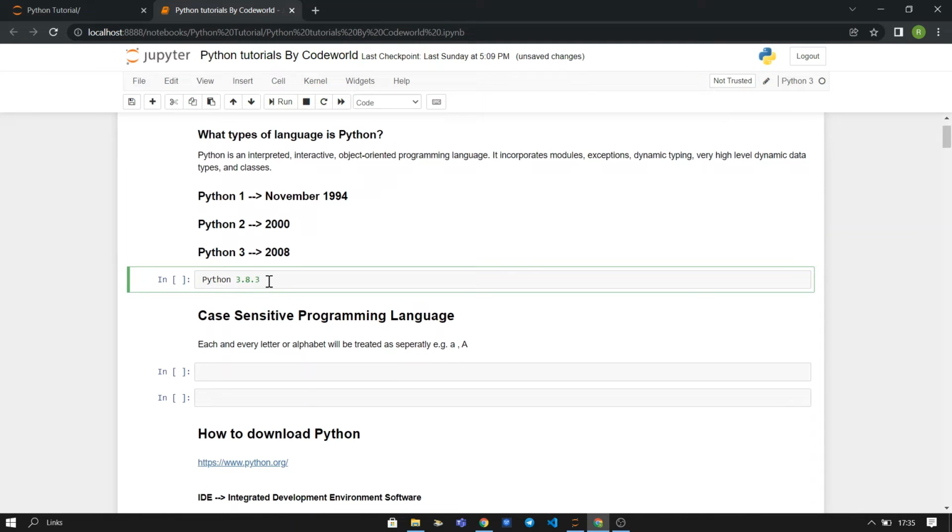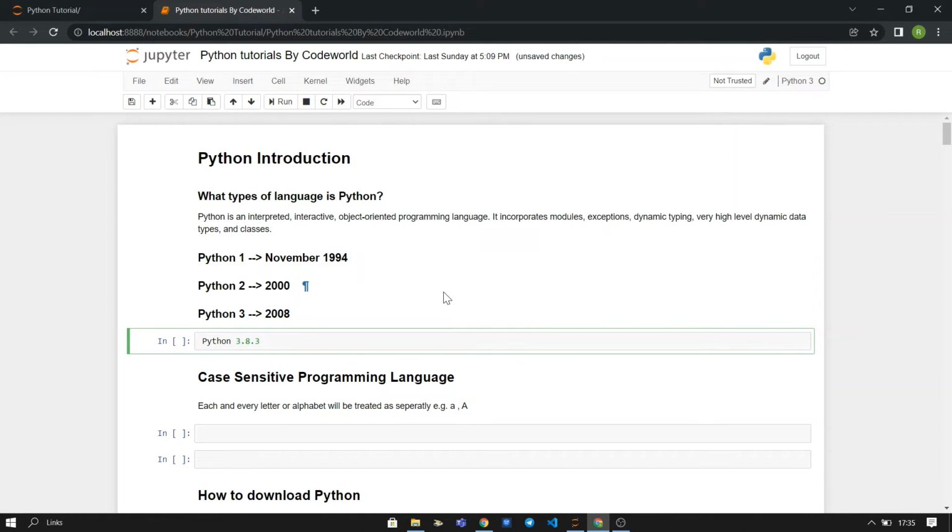Okay, so next, what is case sensitive? If an interviewer asks you whether Python is a case sensitive language or not, you have to say Python is a totally case sensitive language. What is a case sensitive language? You can see here,